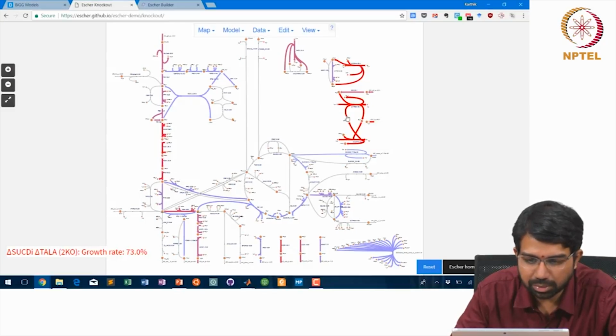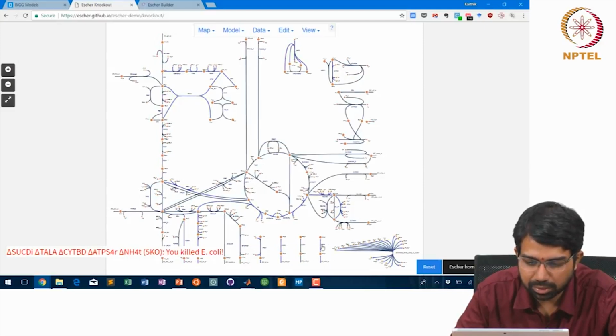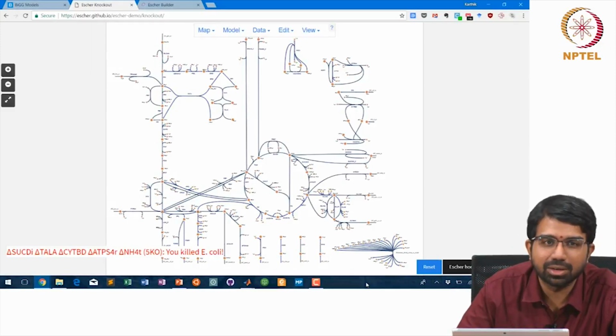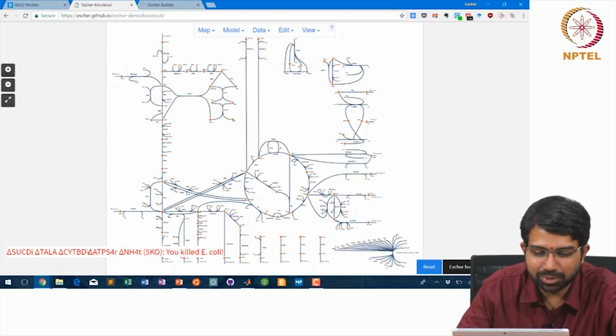Let's try to knock out something else. With 3 knockouts, it's gone to 28%. 4 knockouts, it's gone to 26.5%. 5th knockout, it killed E. coli. So this is like a quintuple synthetic lethal set, right? So if you remove them separately, nothing happens. When you remove all 5,